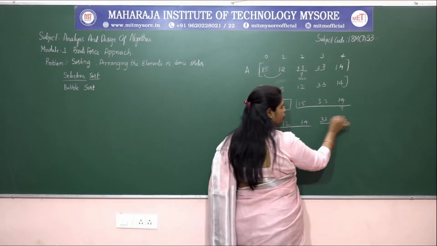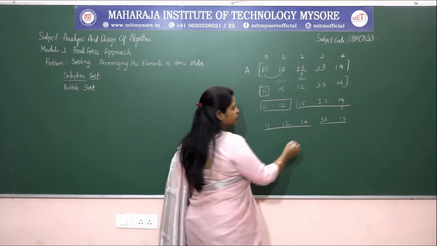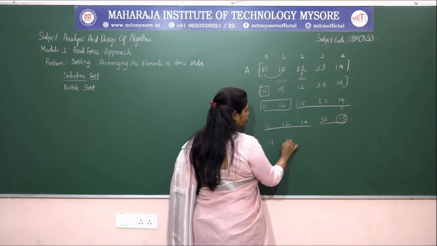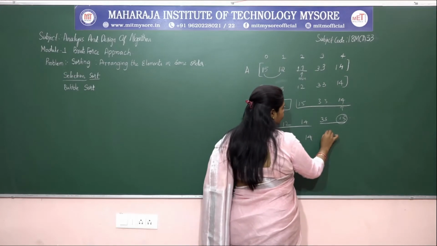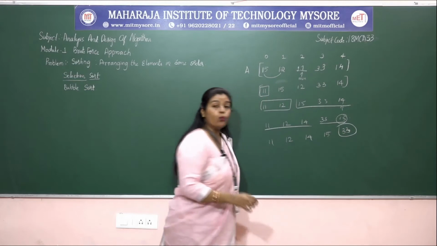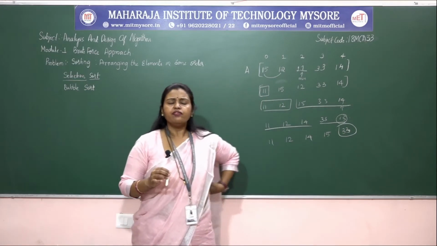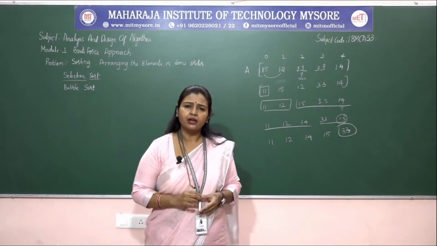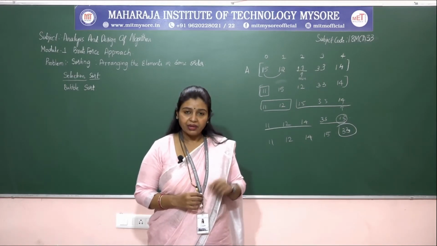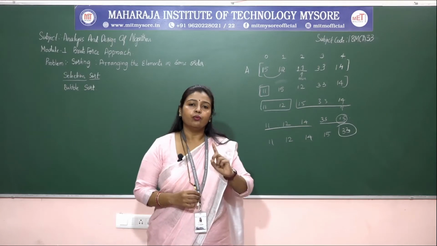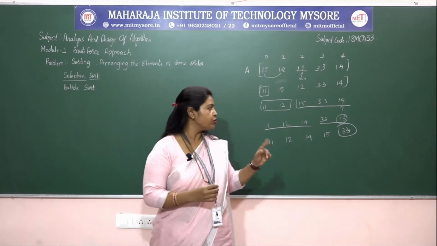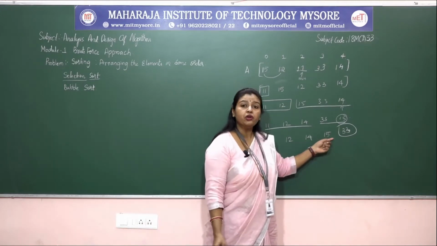Now we are left with only two elements. So among these two, which is the smallest element? 15 is the smallest element. Now I am going to place it in an appropriate position. So we are left with how many elements? Only one element is left. If you are left with only one element, do you have any other element to do comparison here? No, right? That means if you have only one element in the array, no need to go for what? Sorting. So your sorting operation will stop here only.